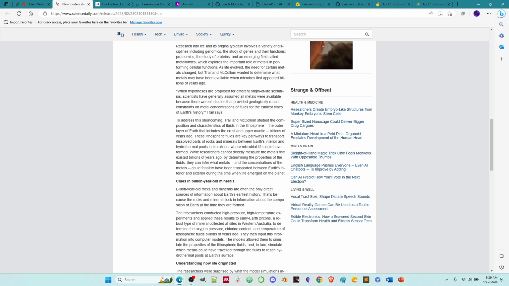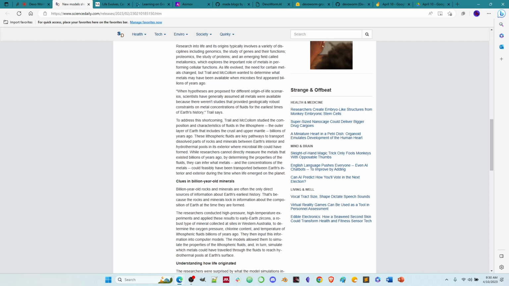and these lithospheric fluids are key pathways to transport dissolved parts of rocks and minerals between Earth's interior and hydrothermal pools in the exterior where microbial life could have formed. So this is where you're getting a lot of transport of things to the surface and the formation of bedrock and things like that. You start to get hydrothermal pools at the surface, and this is where microbial life could have first started. And so a lot of things are being transported around, as actually we see all the time now. We have volcanic eruptions, we have erosion, we have drawdown of different chemicals from the atmosphere, and so forth. And so, this isn't totally irrelevant to modern Earth. It's just that this is particularly relevant to early